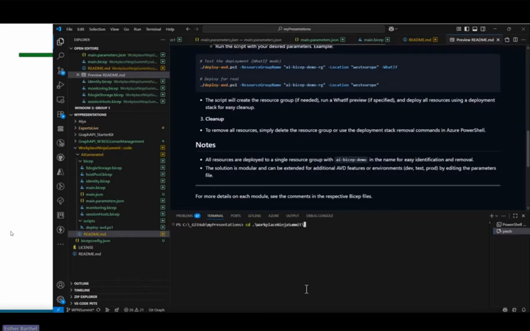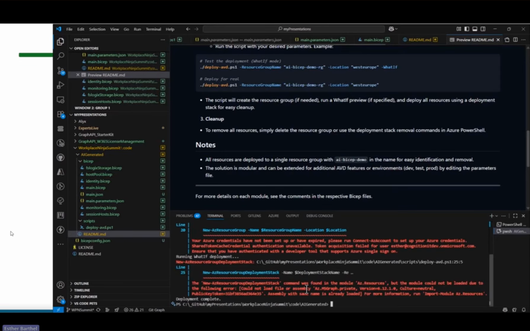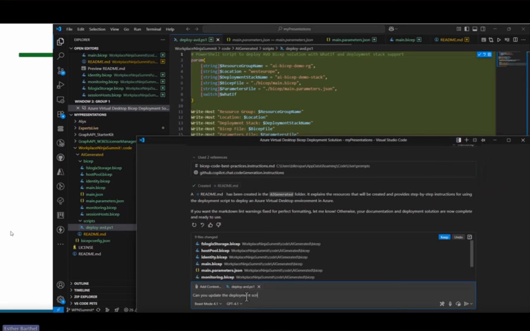Then I figured, oh, this is pretty cool. So probably everything that it created can be easily deployed. I asked it to also include a deployment script for it. So let me just simply do a what-if with that deployment, and we're good to go, I hopefully thought. But as you can see, there are still some errors that I need to fix.